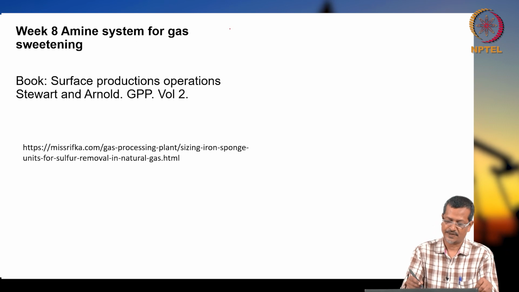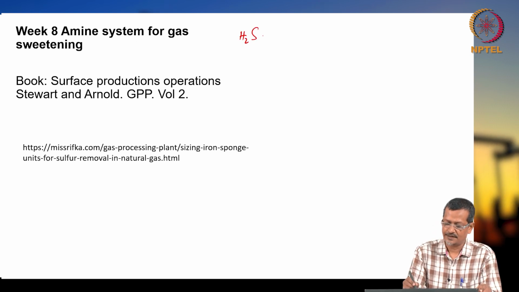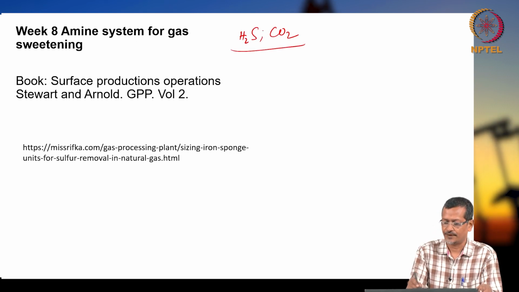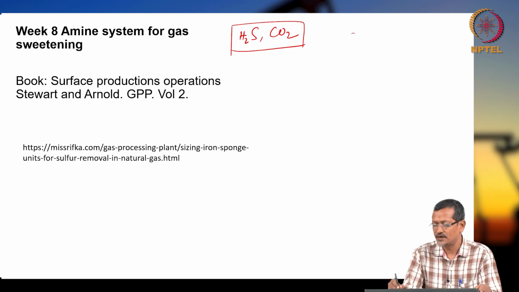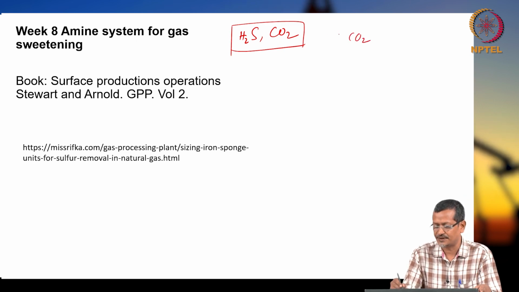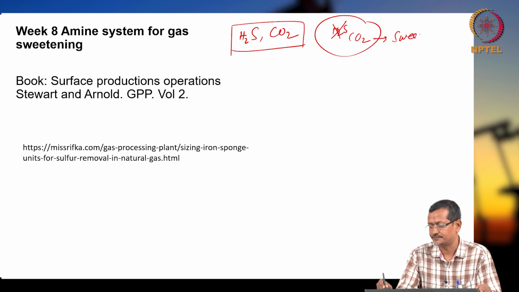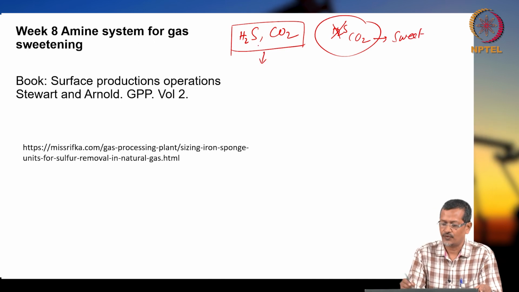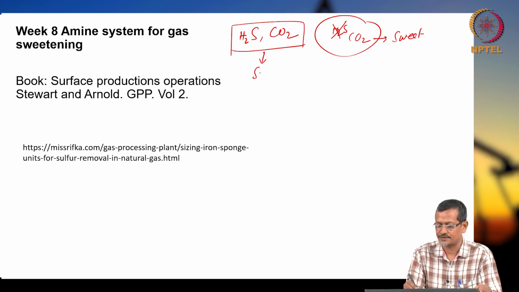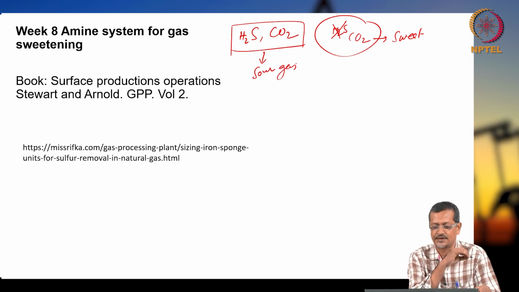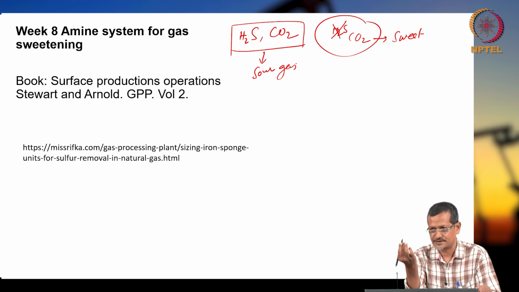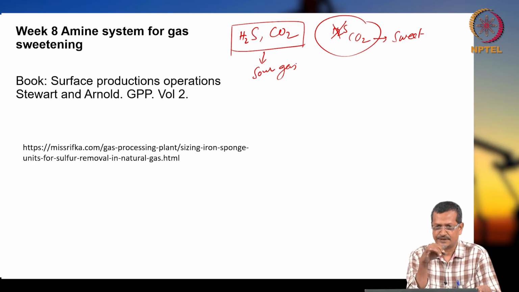So sour gas implies H2S basically and CO2, okay. But in certain gas only CO2 is there, H2S is not there, then this will be called sweet gas. But if you have both H2S and CO2, then it will be sour gas. So during the amine process you have to remove sour gases, and there are different methods to remove sour gases,